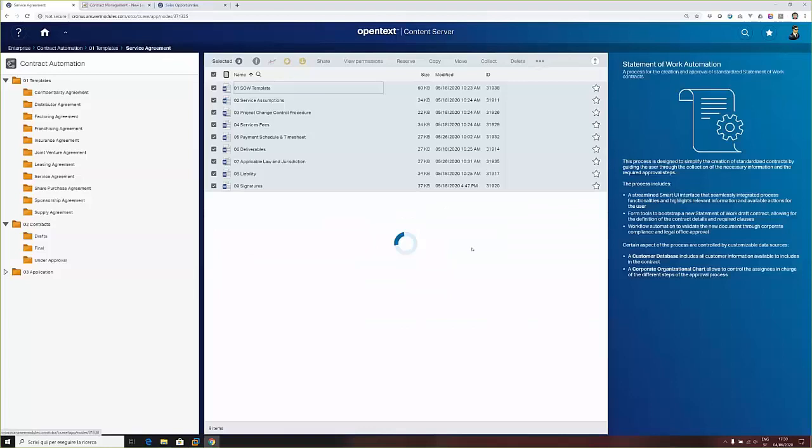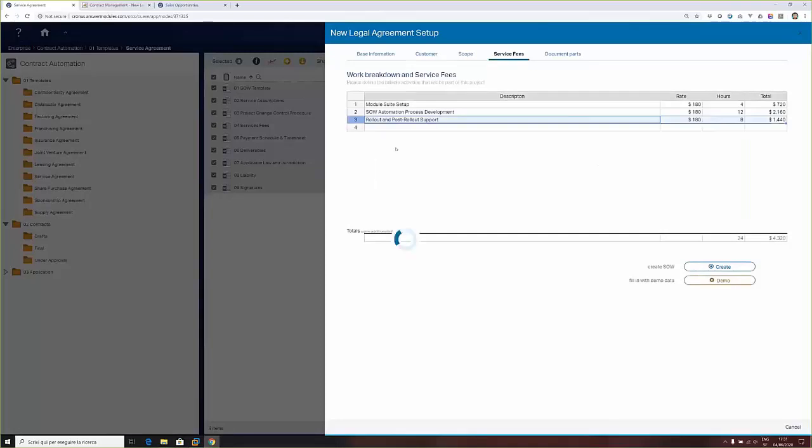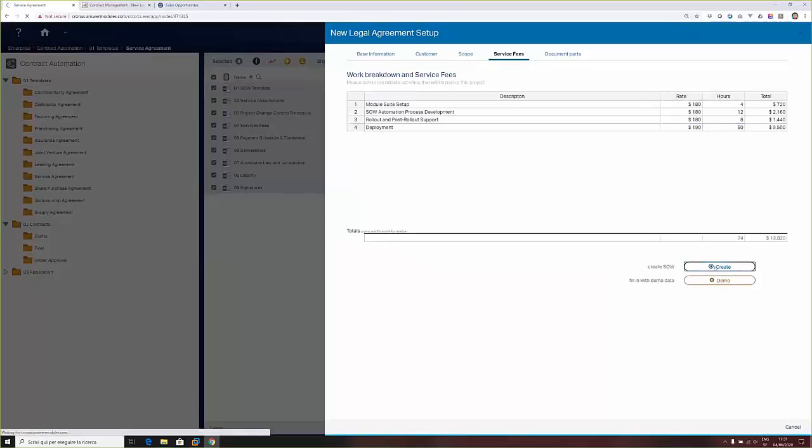I can confirm that I really want to create it, and now I have the very same smart pages we have worked with before, but this time displayed into a panel. I can do exactly the same thing that I did before, so I can assign demo information. I can, for example, in this case, add a new service, so for example, deployment, and I can provide a value here and a value here, and I can just hit again the create button,